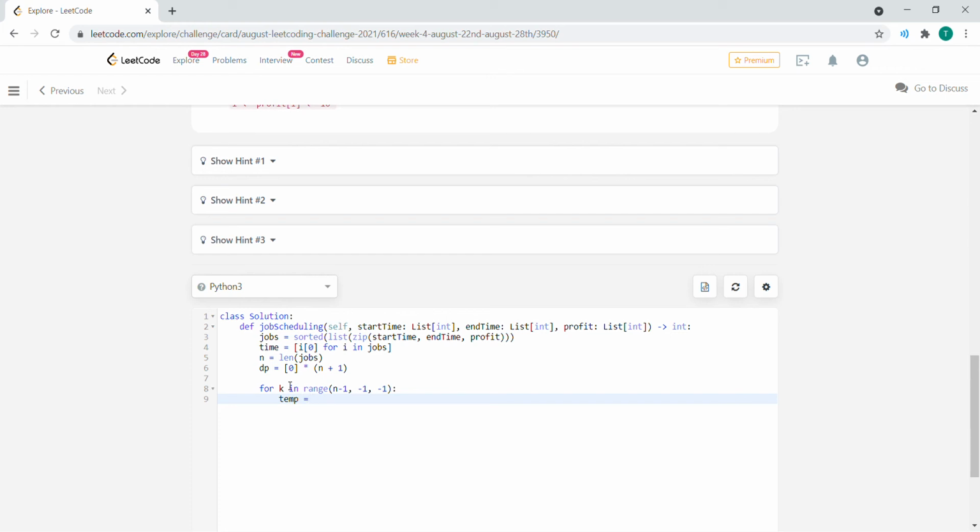dynamic programming max, let's call it temp max. I'm going to use the bisect function. It's built in, bisect left, I think. Yep. And then for time and jobs k at index 1, we want to bisect the time frame that we take with the jobs at k at index 1,